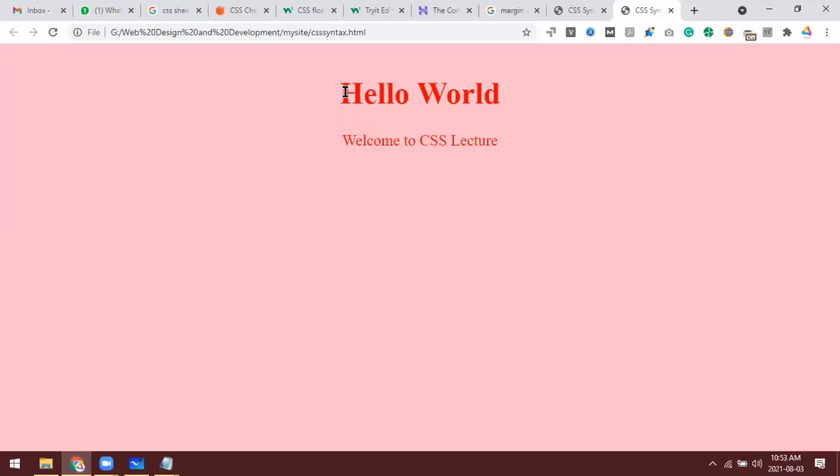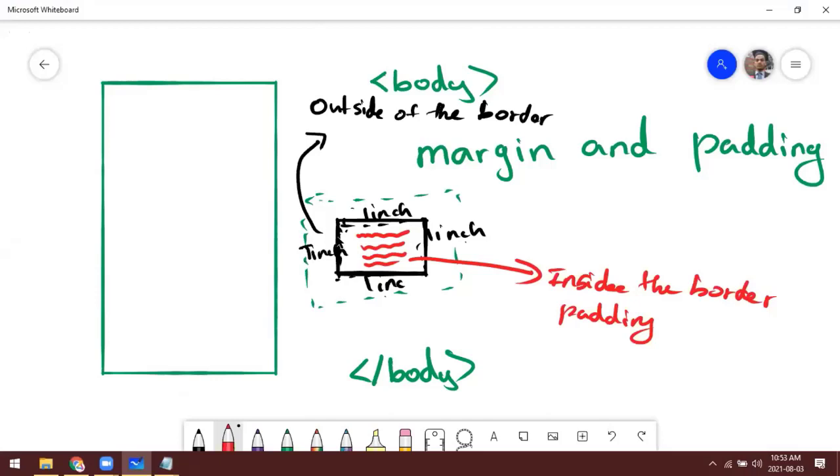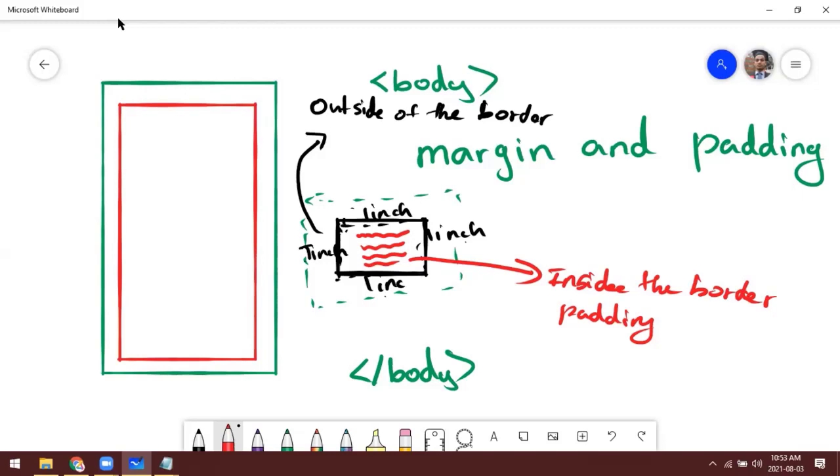So what happens is, inside this entire body we are making a 50 pixel margin, 50 pixel for all the directions.